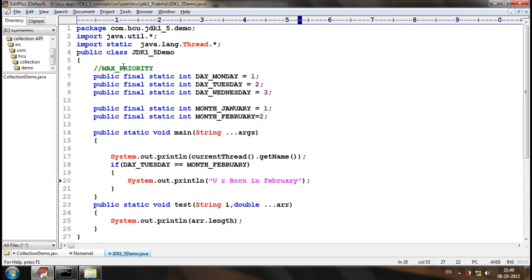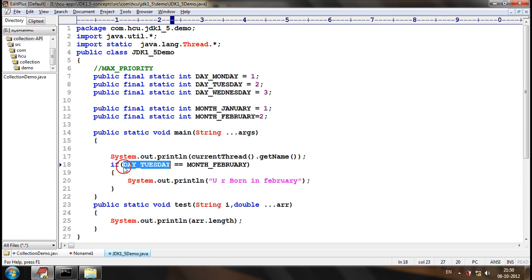Just because the compiler will verify the data types, and the runtime environment will verify the values. The compiler and runtime environment will not verify the names of the identifiers. They will not verify what the name of the variable is.